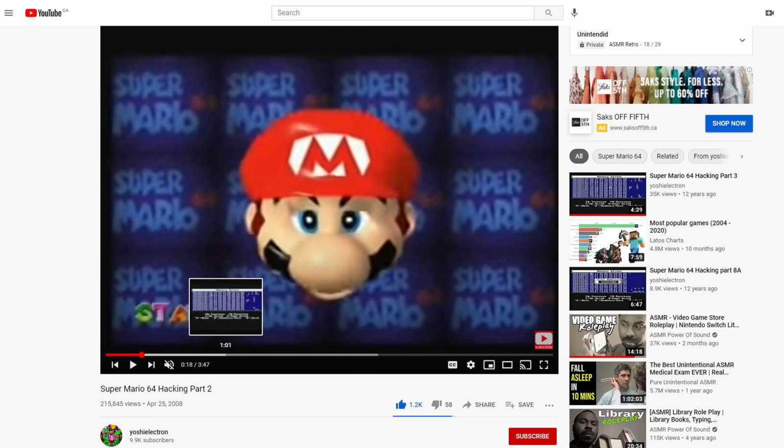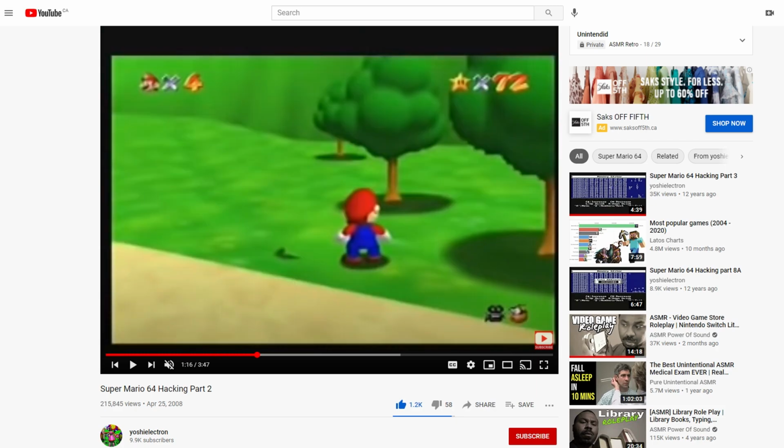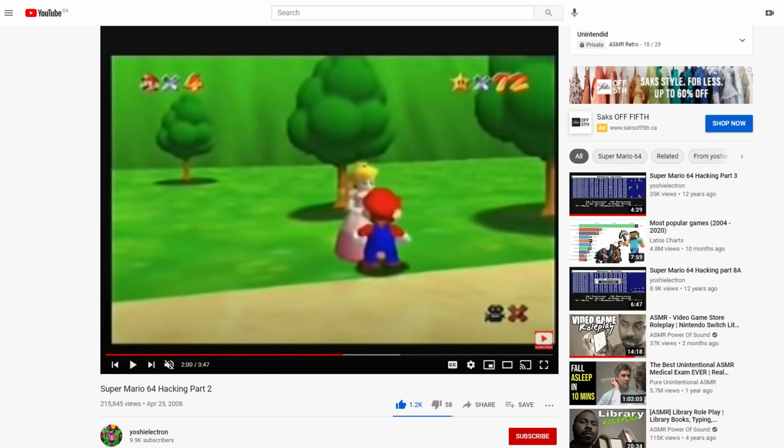And basically, it's a video where he's hacking Mario 64 in memory. So he brings up this memory editor. I guess he's got some special hardware to do this, or I don't know if he's using an emulator. Not sure, but you hack these memory addresses to do different things. Change some of the objects. I think there was a post here that he turned invisible. He shows a few different things. So he turns the signpost into Princess. He does a few different things, and